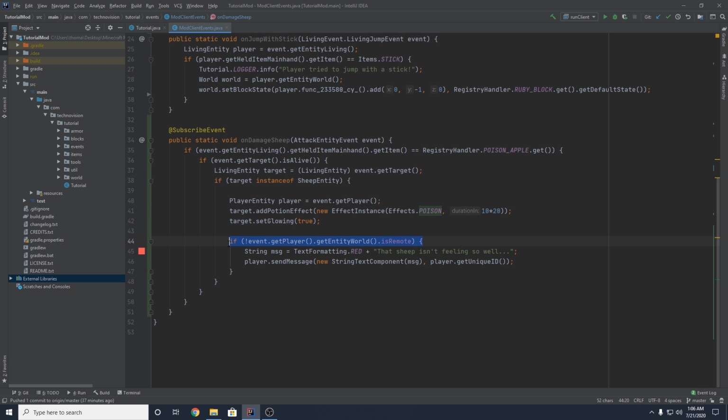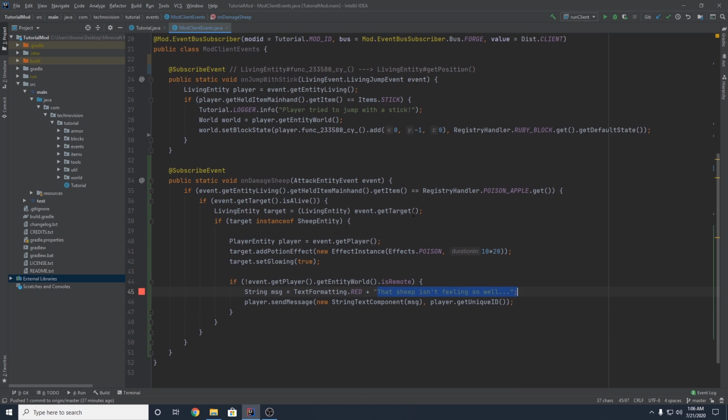Making sure that this is only done client side, it's going to send the player a message that is red and says, oh, the sheep isn't feeling so well. So yeah, there we go. All good. Now, the last event we're actually going to do before we test these out is